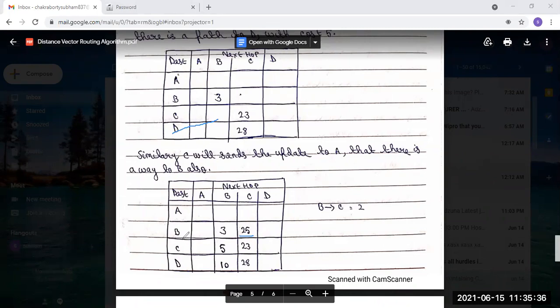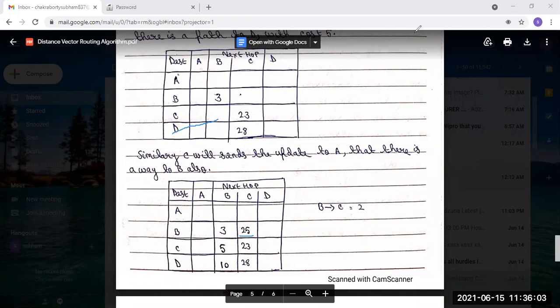So destination address is B and next stop is C, via C this path is going. So 25. It will be updated in this routing table now. Next, after that,